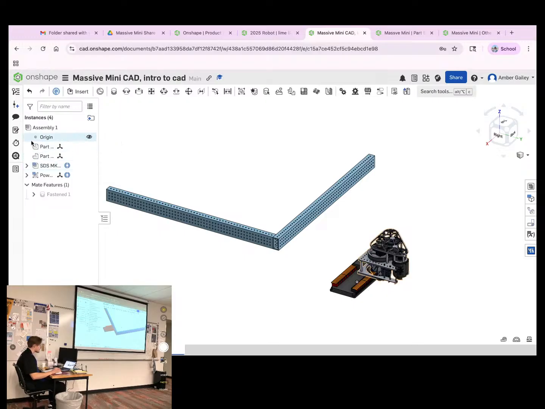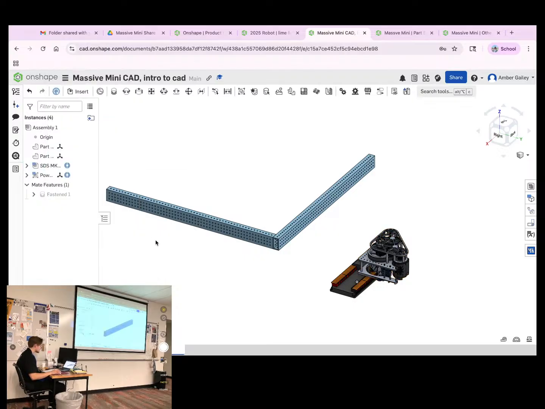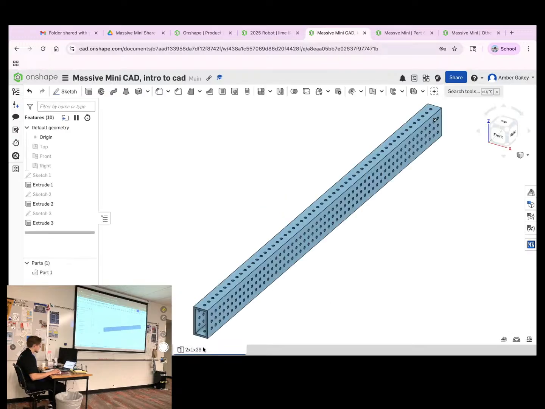Okay. Before we go here, I want to quickly go over changing your part's appearance and its material. With the rules of weight in FRC, it's pretty important to know how heavy your robot's going to be before you actually get it fully built. So you're not scrambling to get rid of parts along the way, trying to find weight. So what you can do